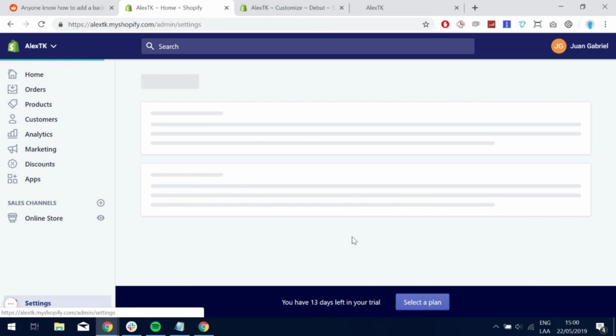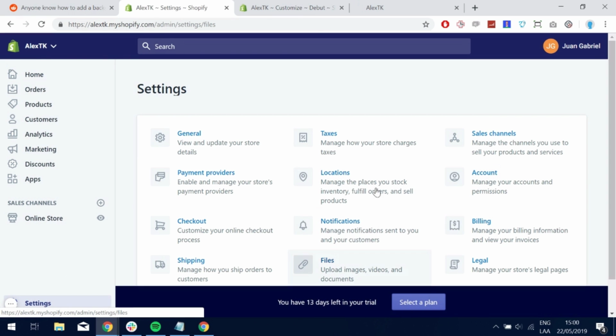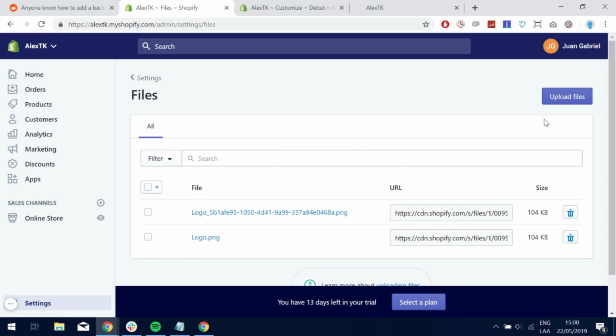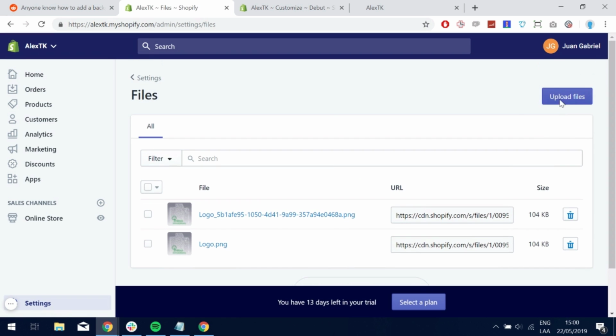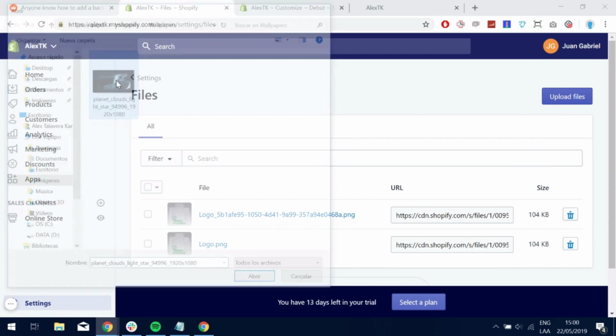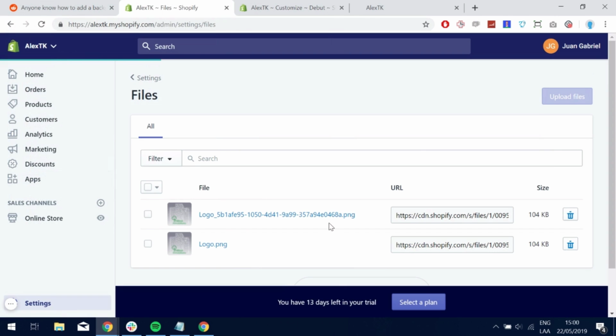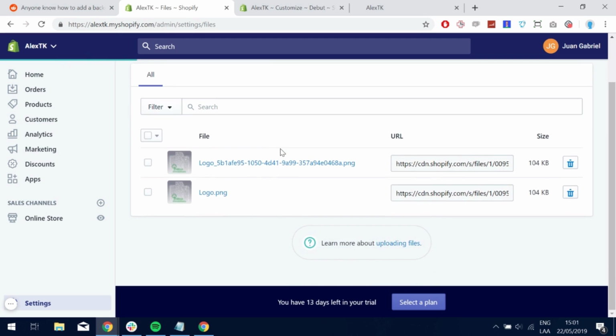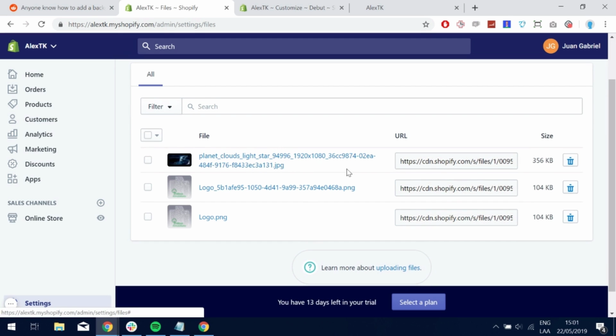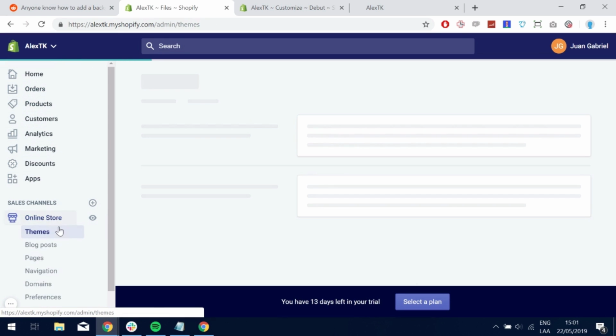So down here in settings, we go to files and we upload a new file. I'm just going to upload a test wallpaper. So once we've uploaded the file, it should appear down here, and we have to copy this URL. So copy, Control-C, and we are going to have to go into the code. So back to online store,